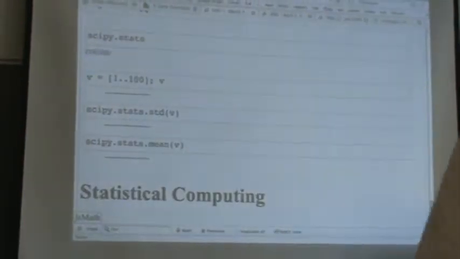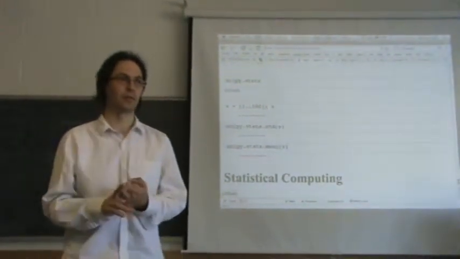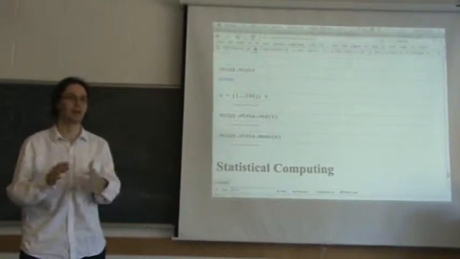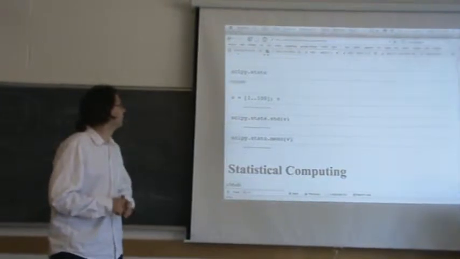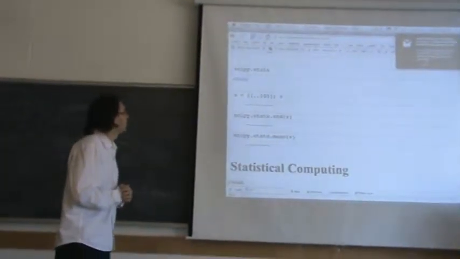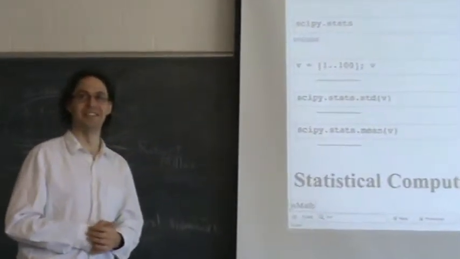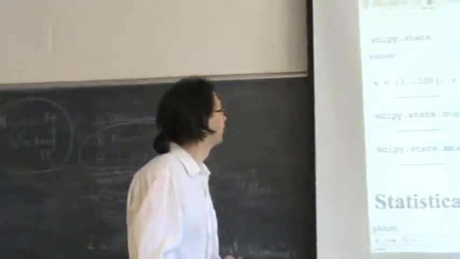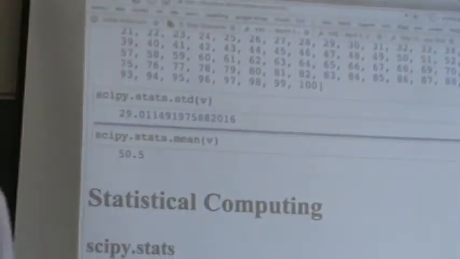Apparently when I was there, they told me they had a recent conference in which people from the R project and from various statistical software projects, a bunch of closed source projects, all got together and had a lot of discussions. And it was interesting. I guess they said that the R people think that SciPy stats doesn't do very much, but the SciPy stats people think that it does a lot, and a lot more than the R people give them credit for. Apparently, well, I don't want to say much more than that, because there'll be time for this later. But here's an example of something SciPy stats can do. You can compute the standard deviation and mean of some numbers. Okay, that's not very hard, but just an example.